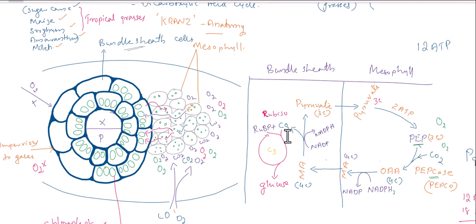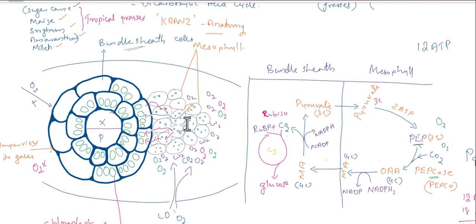So what is the mechanism actually? Here RuBP and the Rubisco enzyme are important for the Calvin cycle. These enzymes are present only in the chloroplasts of the bundle sheath cells. In the bundle sheath chloroplast only the Rubisco and RuBP are present. Okay, in mesophyll cells this Rubisco enzyme is totally absent, and the pentose sugar RuBP is also absent in the